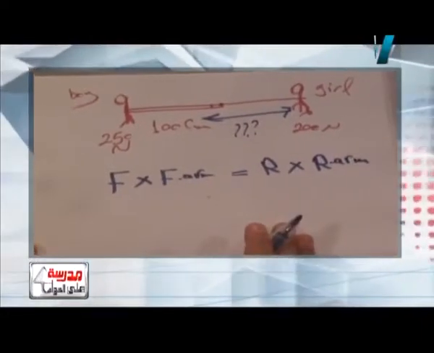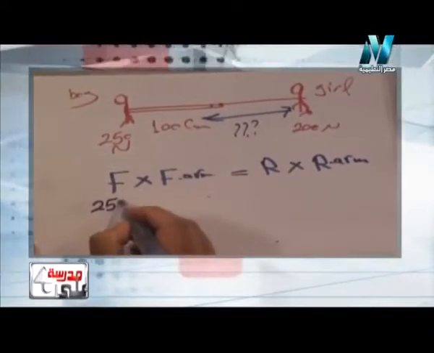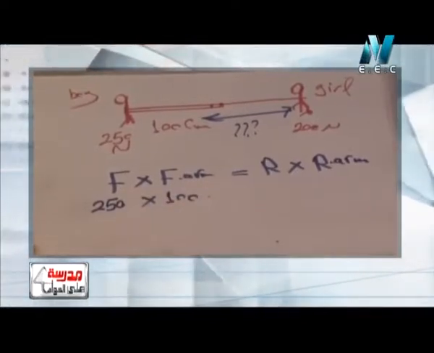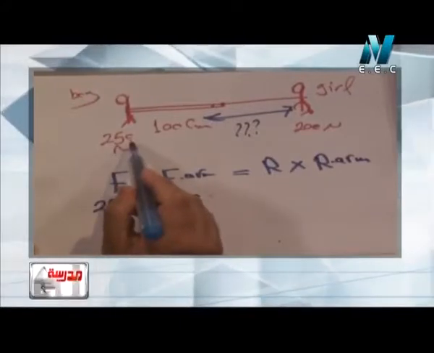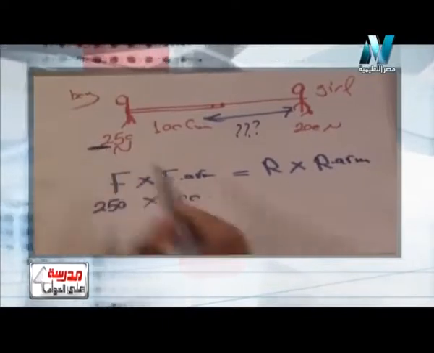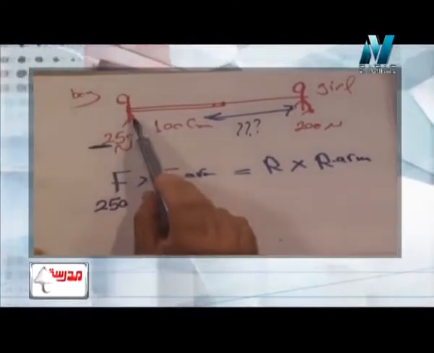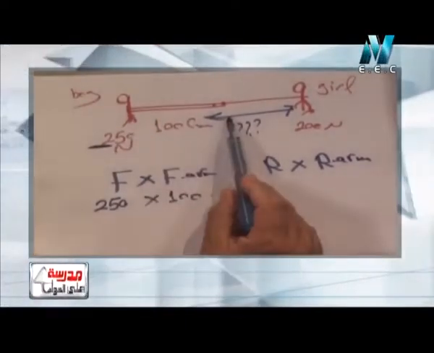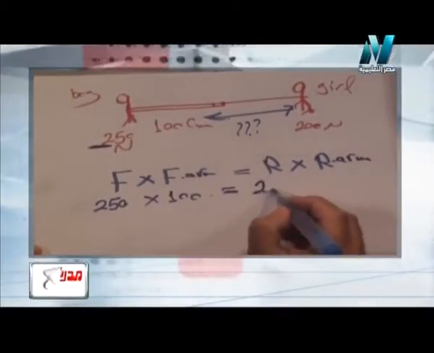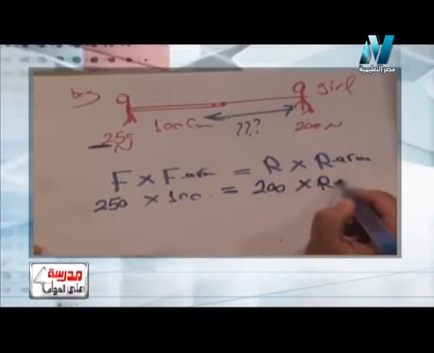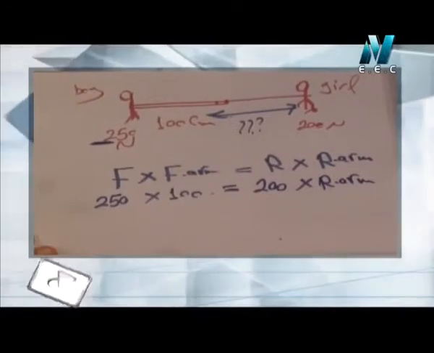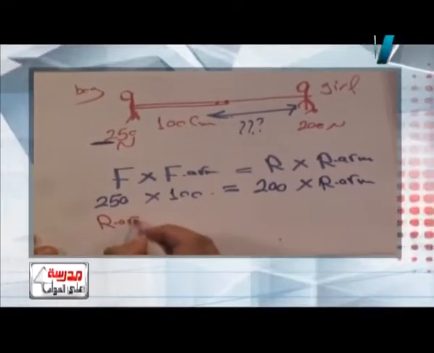So effort force is what? Effort force is 250 Newton. What about effort force arm? It is 100 centimeter. So I considered here the weight of the boy is the effort force, and the distance from him to the fulcrum is the effort force arm. So what about the weight of the girl? It will be the resistance, and the resistance arm is demanded here. So how can I get the resistance arm? The resistance arm equals